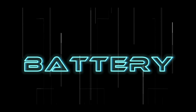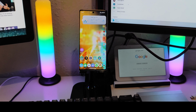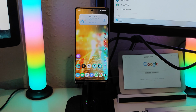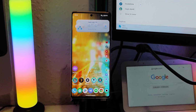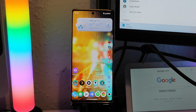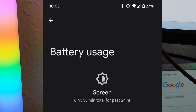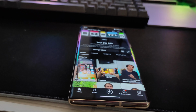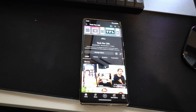The battery. It has a 5000 mAh battery, but the numbers don't represent anything. But I said it just in case you need to know the numbers. In real life, the battery is pretty good in mid-2023. I get a day, sometimes a day and a half, depending on how I use my phone. Screen time, I have approximately 8 to 9 hours of usage of Spotify, YouTube, TikTok and reading some news. It's a really good experience knowing that I can trust my phone,